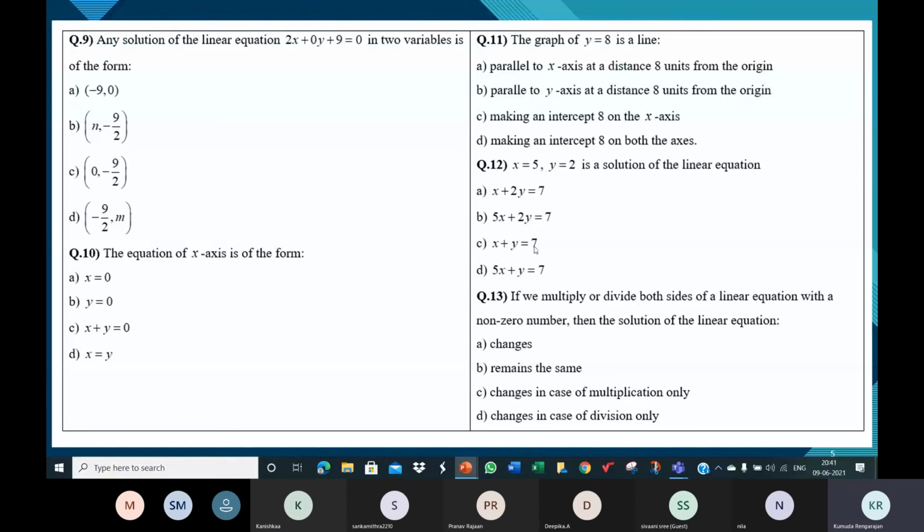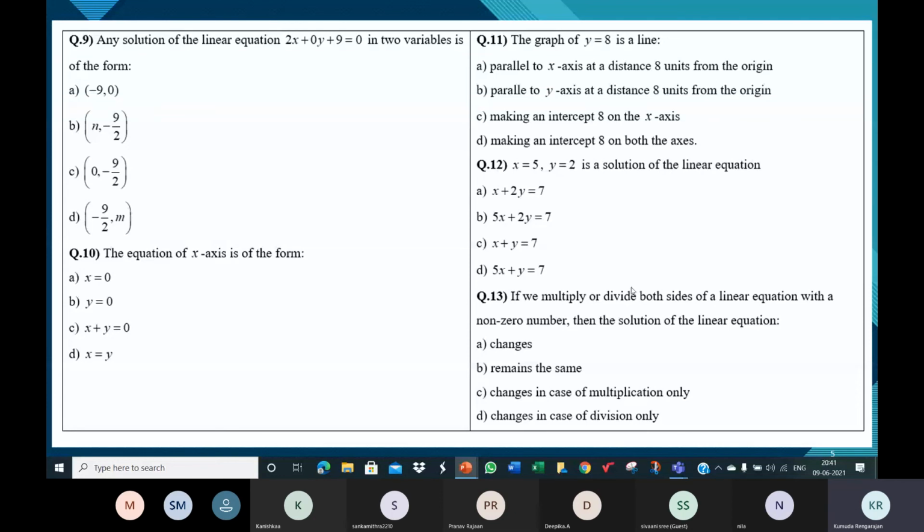So we just took up this example, x plus y is equal to 7. When we multiply this equation by 2 on both the sides, or say we divide this by 3 on both the sides, x by 3 plus y by 3 is equal to 7 by 3. Or we multiply both the sides by 2, 2x plus 2y is equal to 14.